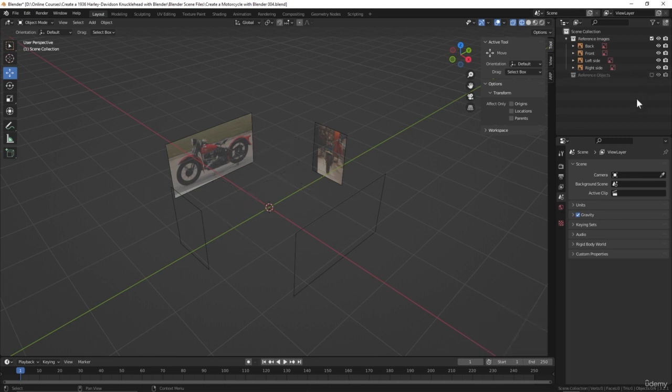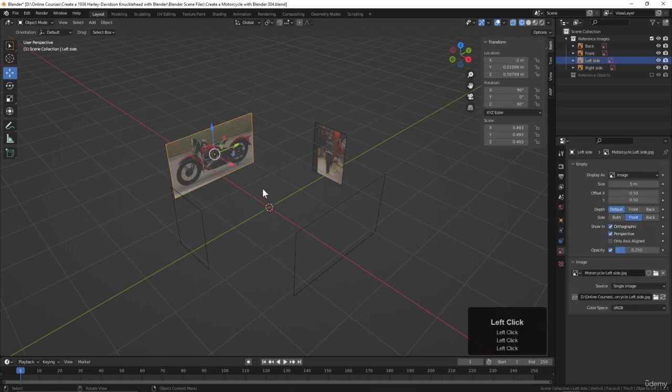For the reference images, we want to leave those on for now, but my worry is that I might accidentally, in creating things here in the center, select one of these by accident and move it out of position. So to ensure I don't do that, what I'm going to do is come over here, and